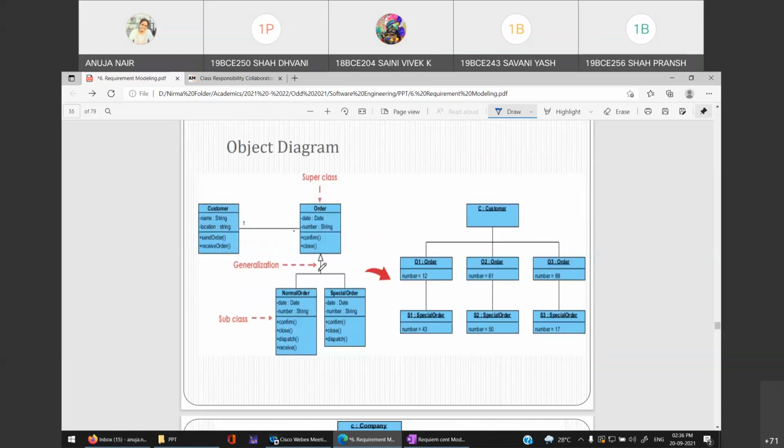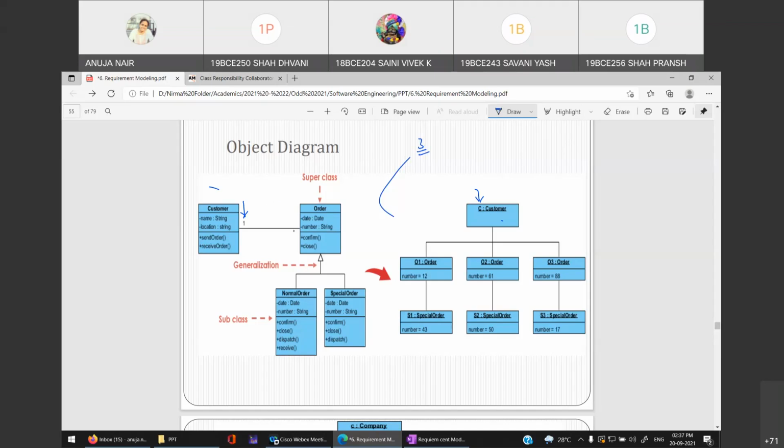So if you can see, this is a super class and then you have 2 subclasses, right? So what you are doing, customer is there. Now just see, one customer is associated with 0 or more orders. So what is done over here? There is only one class called customer, one object is there, and 0 or more means it may or may not be there, okay? So for 0 or more here, what did we choose? 3 objects. So 3 objects are here, O1, O2 and O3.